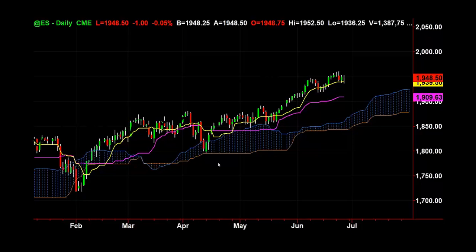Now, it will also do touch and goes. It'll go like this, like, all right, we're in a massive uptrend. We're above the cloud. We're above the turning line. We're above the standard line. We've pulled back to the turning line, touch and go higher, touch and go higher. That's another trade that you can do off of this thing. So as you're looking at the chart, it should be blatantly obvious to you. As soon as you look at the chart, you're like, oh, that's a great looking long, right? Or you definitely wouldn't look at that and go, ooh, this is a great looking short, because it's not yet, right?